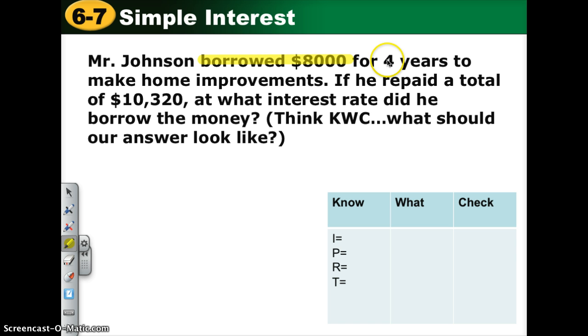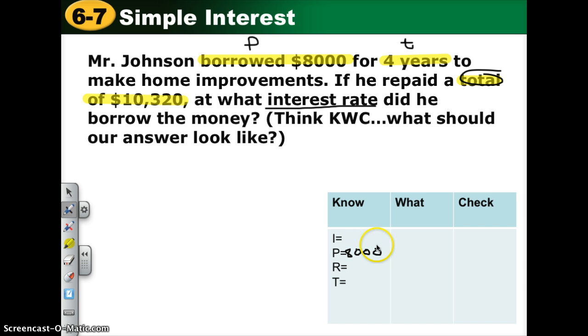Mr. Johnson borrowed $8,000, that's the principal, for 4 years to make home improvements. He had a total of $10,320 that he owed. So this is the principal, this is the time, this is the total, and at what interest rate did he borrow the money? So we are looking for R. So I is not known right now because we have the total and we have the principal, but we don't have the interest. So let's fill in the principal